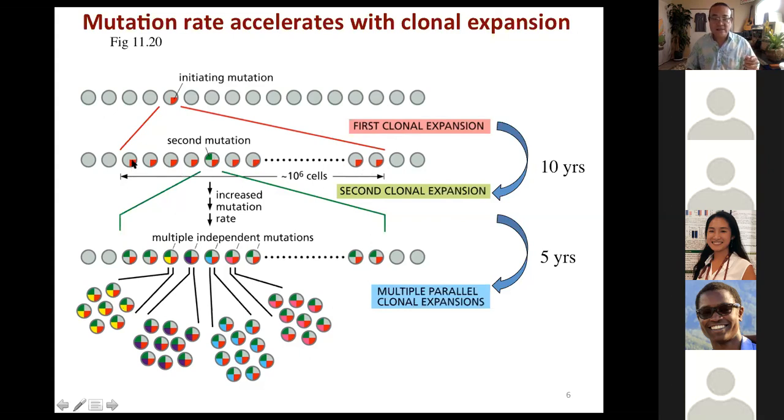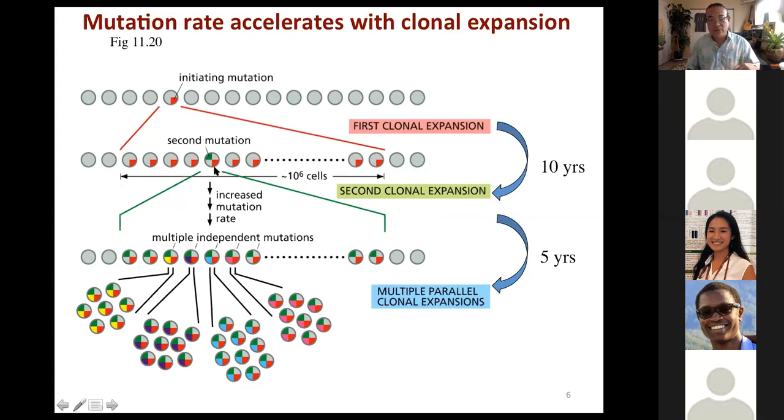And the idea is, because you have 1 million of them now, it's very likely that one of them will get a second mutation. So this particular one here gets the second hit. And that gives this particular cell an increased proliferation advantage. So it begins to divide more and more. And preferentially, what you see is a buildup of cells that have both mutations in them now. And this would be the second clonal expansion that happens quicker, right?